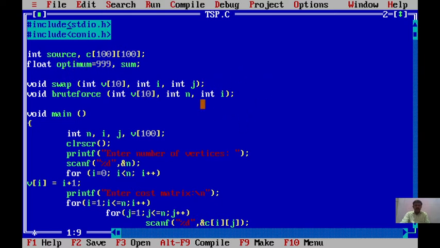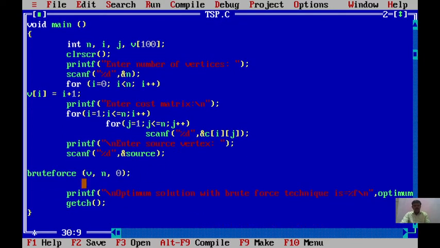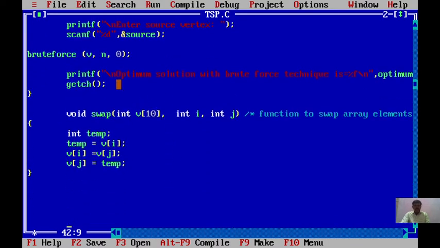There are two function declarations, swap and brute force. In the main function, read the number of elements and then read the array elements. We also need to read the source vertex and recursively call the brute force function with the parameters. The swap function is used to exchange the array elements.